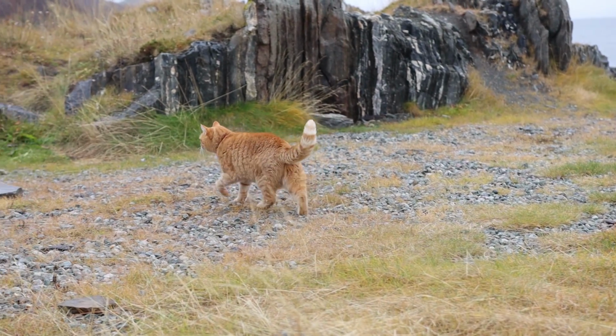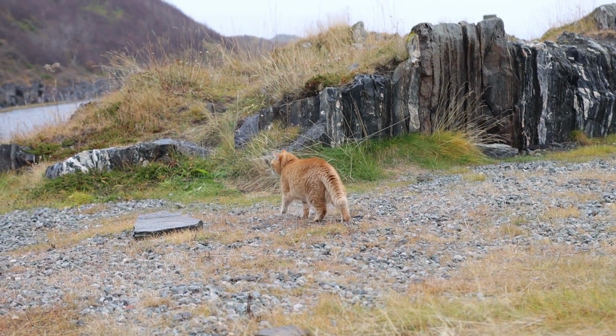Gingy's having a lot of fun exploring where we parked up last night, underneath a rather impressive bridge. I know I said we were going to show you guys where we parked up when we got off the ferry, but we didn't, because when we got here there was a couple actually having sex in their car, and it would have been mega awkward to jump out with the camera. It was so funny. The guy was like a cross between a deer in the headlights and a meerkat. He literally just kept jumping up like that, checking if we'd left yet, but we could see everything, so...